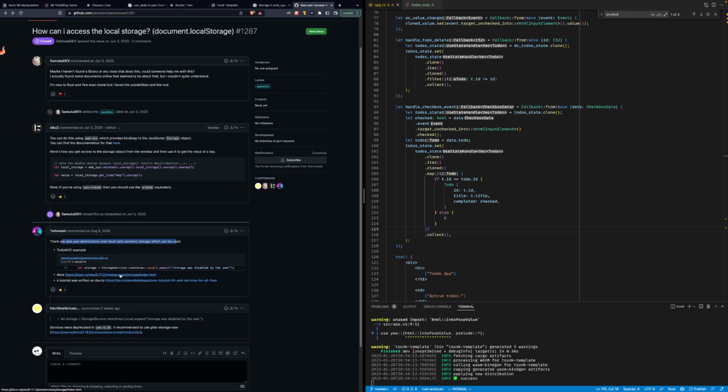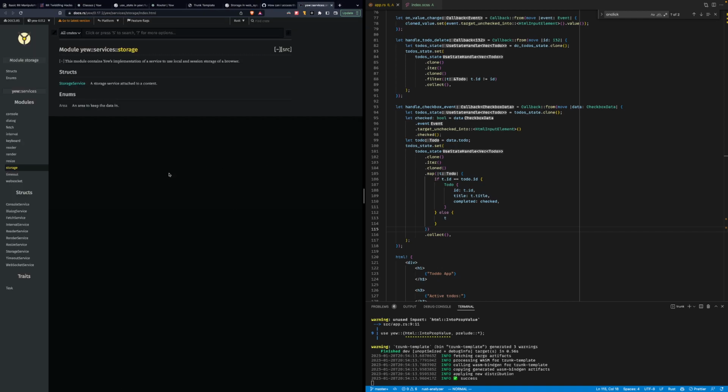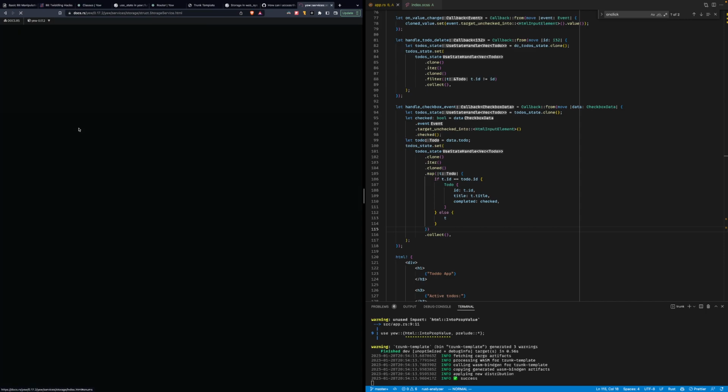Let's see. Alright, let's see if we can directly use the abstraction that Yew offers. This module contains the Yew implementation of service of local and session storage in the browser. Storage service.